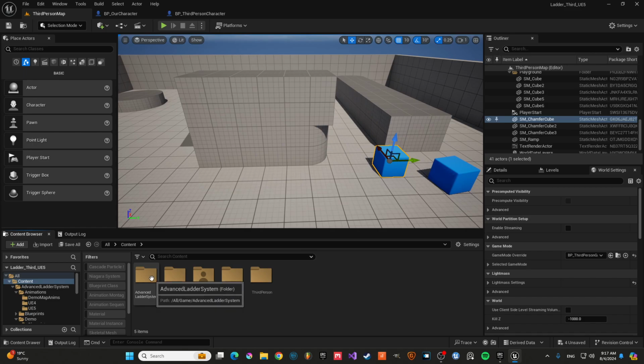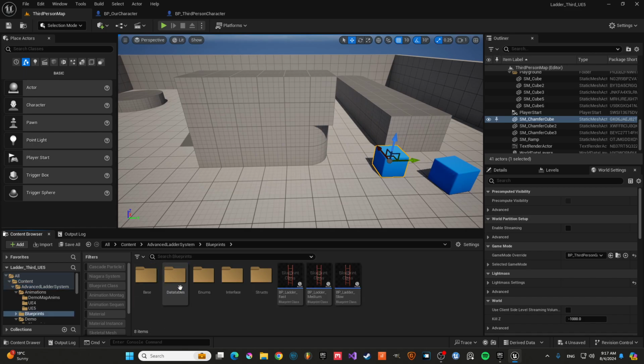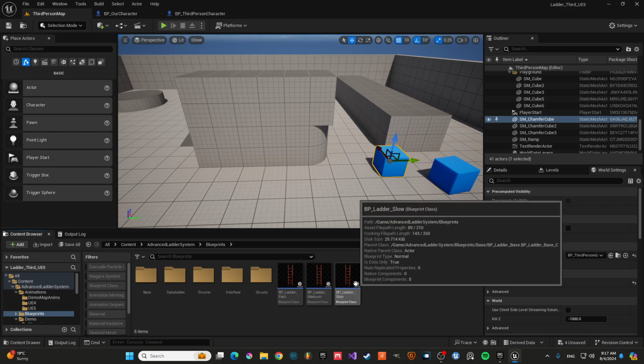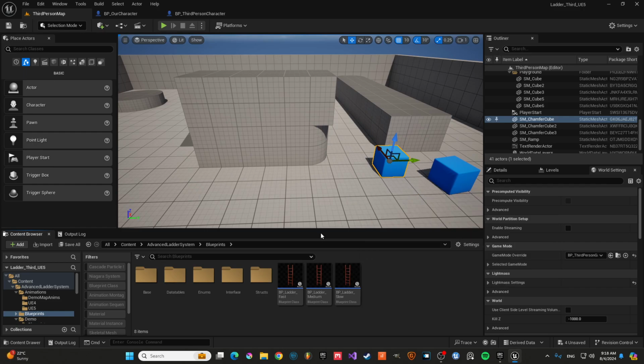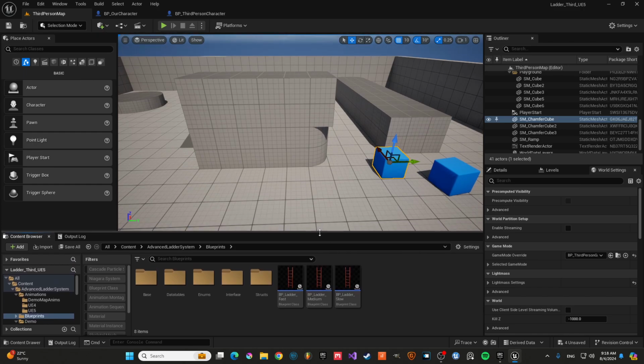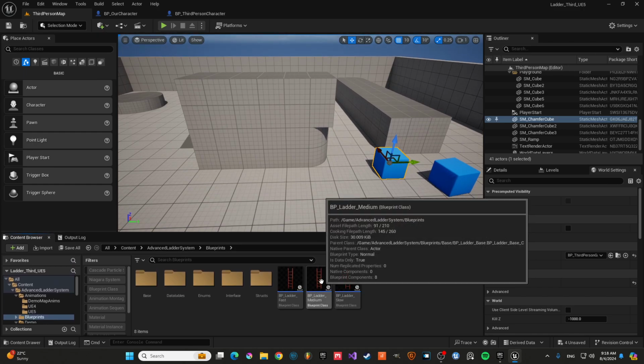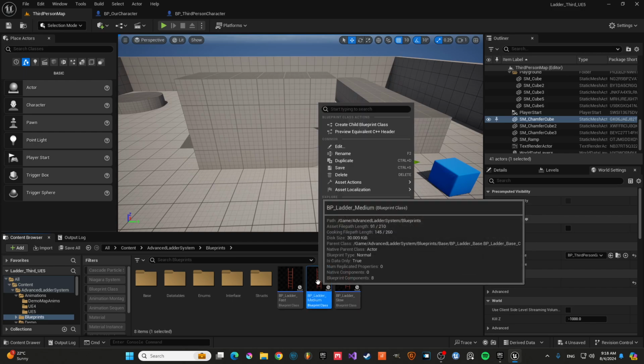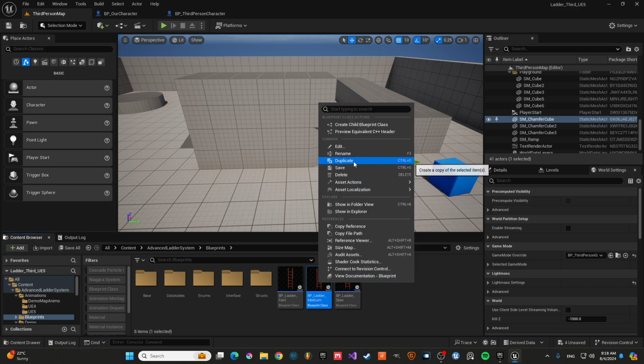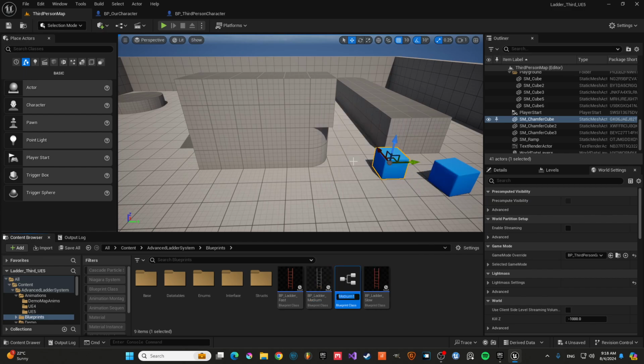So I'm gonna go to Content, Advanced Ladder System, Blueprints, and I'm gonna drag one of these presets. So these presets are to determine, basically, you can create your own ladder from this. These are just the presets for speed, but these can be tweaked however you want, right? So from here I would go and I would duplicate one of the presets depending on the speed of your game, and I would call this BP